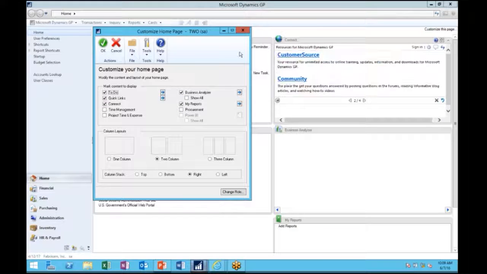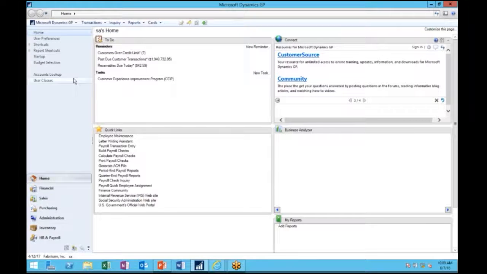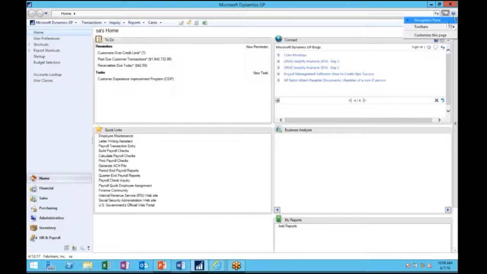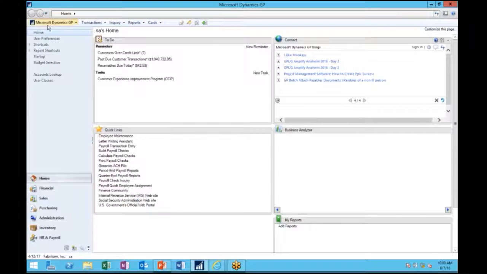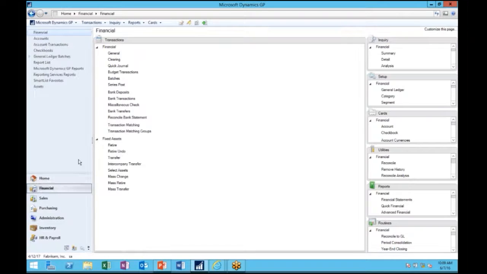So what I have here is the thick client of GP, and I've already logged in, and as you can tell, some of the things are the same as what we see in 2013. The customized window is still up here. Now not only can my workflows be seen in here, so for time management entry, project time and expense,